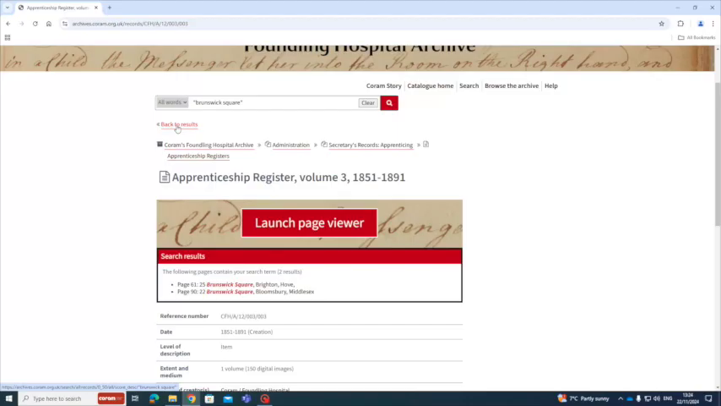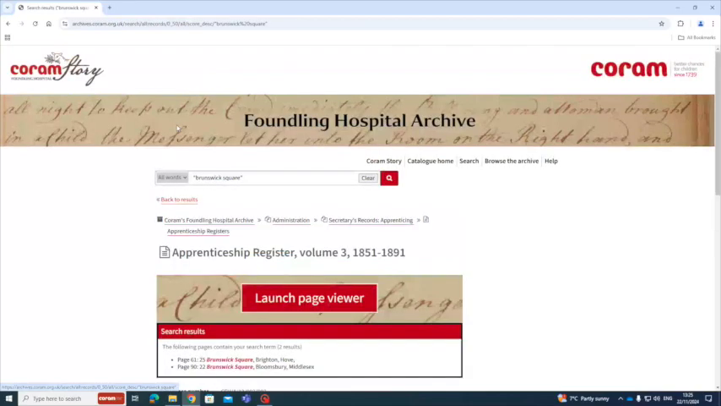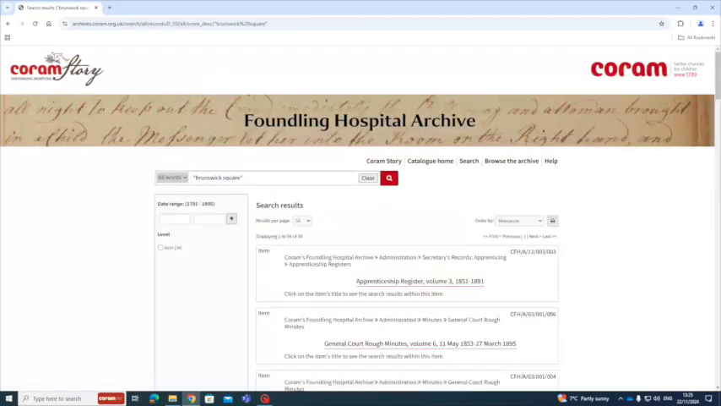And one way you can get around this is if I go back to the results and remove those quotation marks, you can use a wildcard, which is an asterisk for our digital archive, which basically means that any phrase that starts Brunswick SQ and continues with any other word or letters will be searched for. So to show you an example, if I search here,